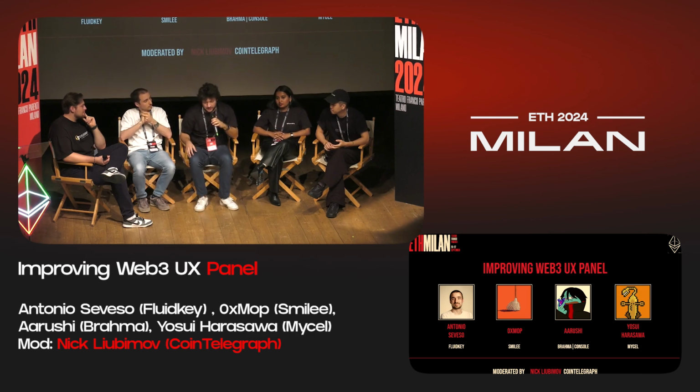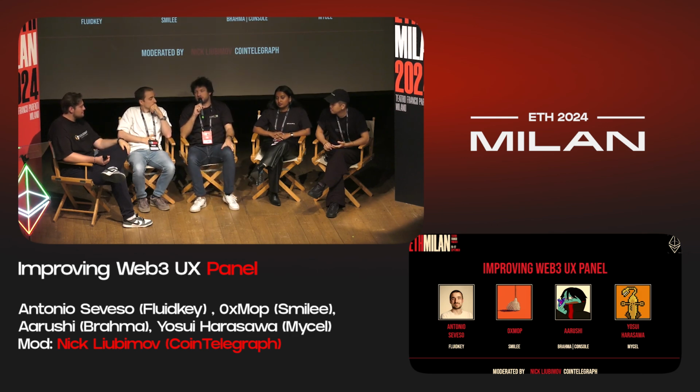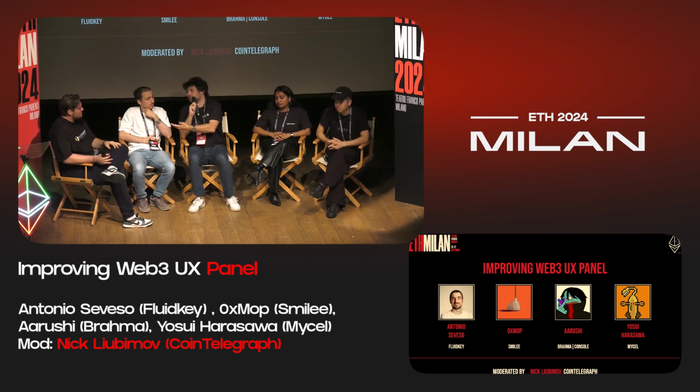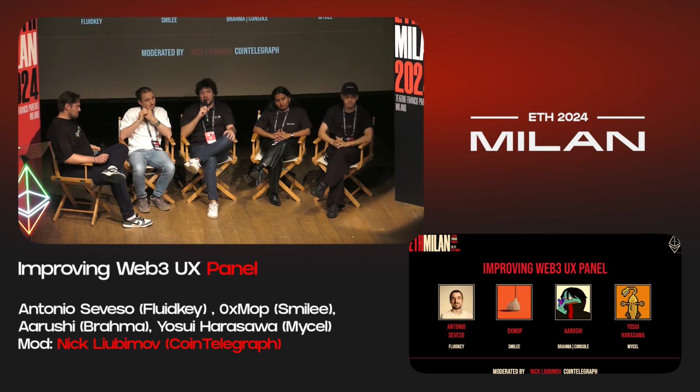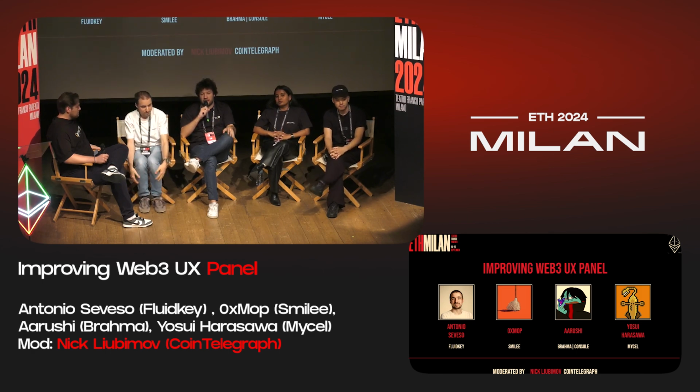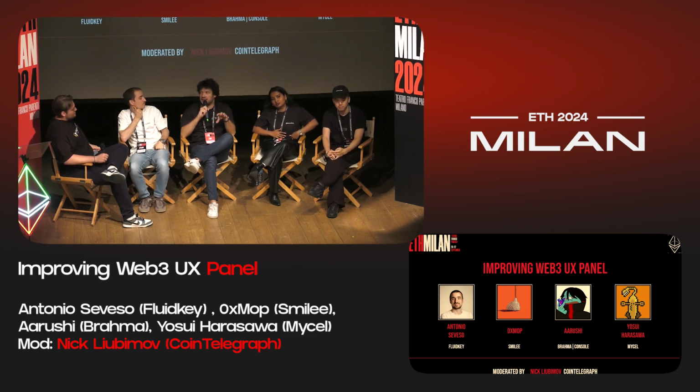Yeah, I would say also chain abstraction is, I think, the most important thing that we have to do right now. I just want to add one thing in order to not repeat what you said. In my opinion, especially for the trading side, so all the protocols that are focused more on trading, the most important thing to me, looking at what we are doing on chain, is focusing a lot on socials. So even inside the dApp, trying to be as social as possible. So leaderboards, tracking the data, helping people understand, copy trading.